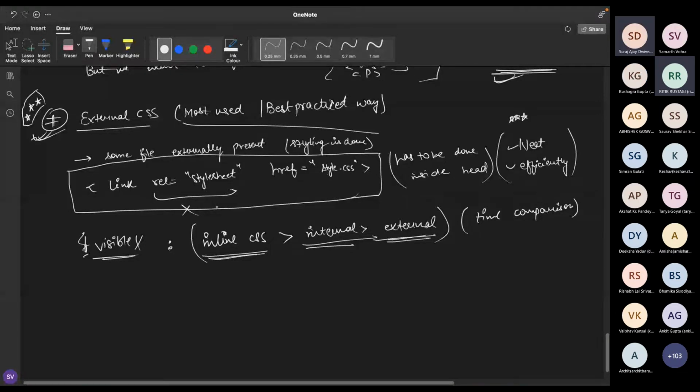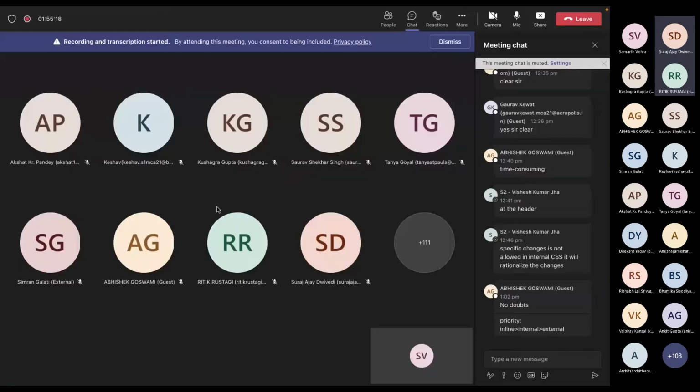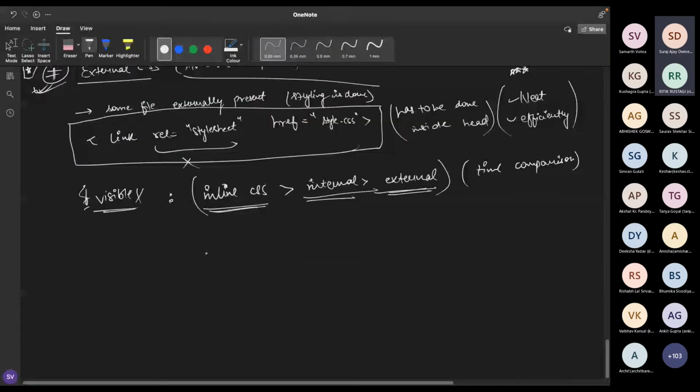Here, the priority is inline, then internal, then external. Also, this is about the priority comparison. Let me show you an example of which style sheet will take the property. If I write all the properties, internal, inline, as well as external property,